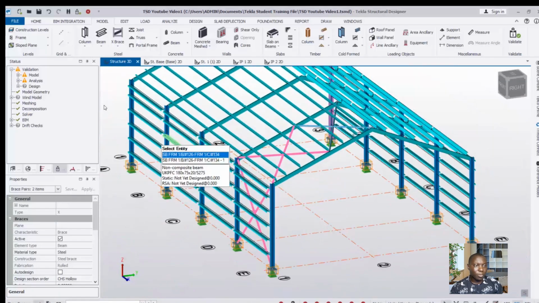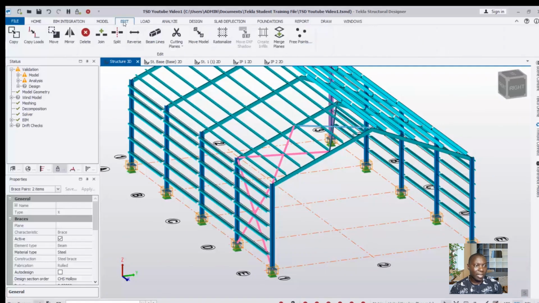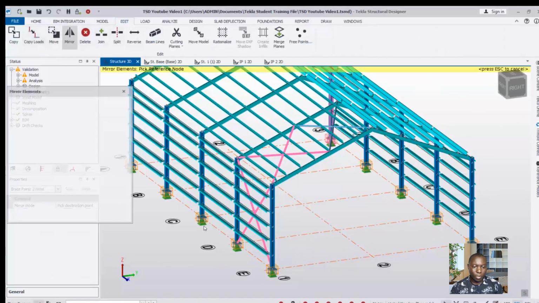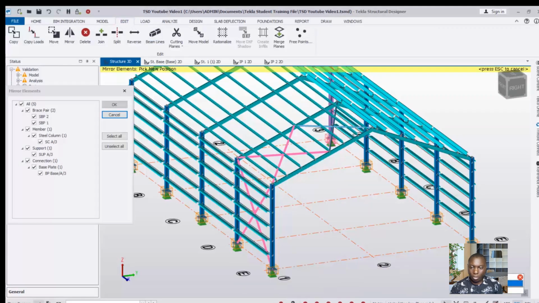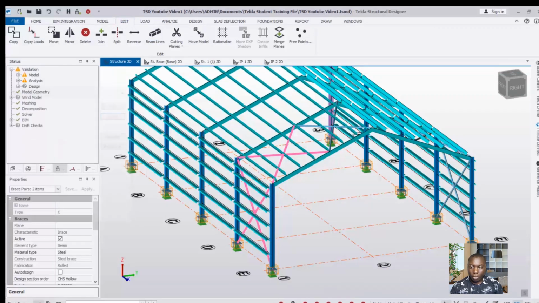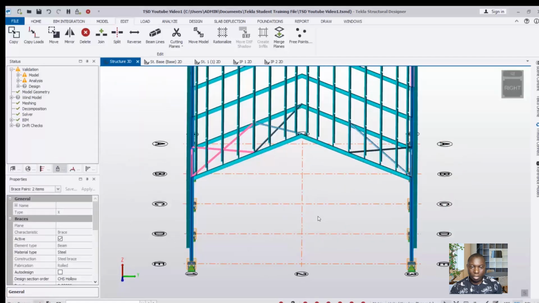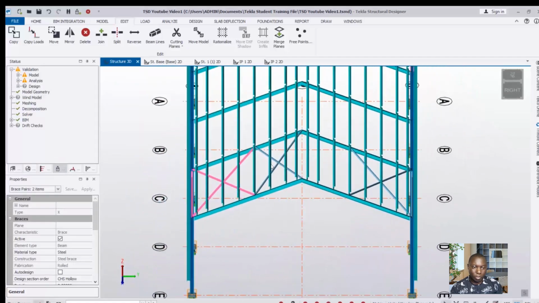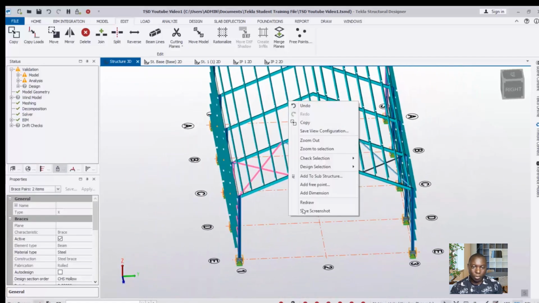Okay, so I will be using mirror, so I hit on the heading, see mirror options. I pick this point, so I pick this first point all the way. I pick the second point. You can see I have mirrored this brace. All right, this top one was not selected, so it's not mirrored,